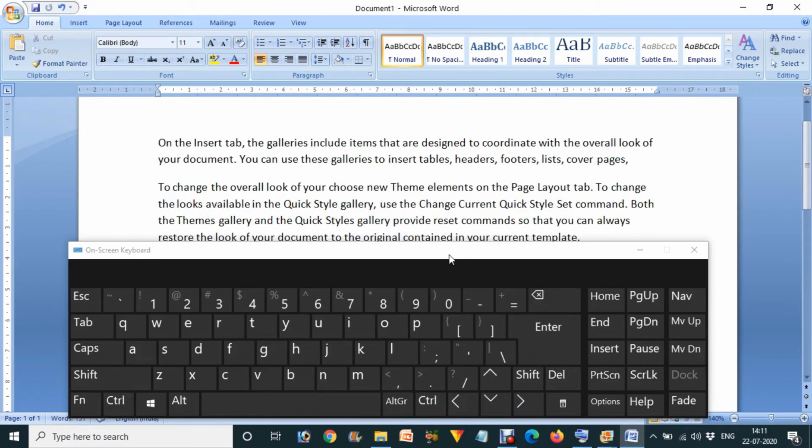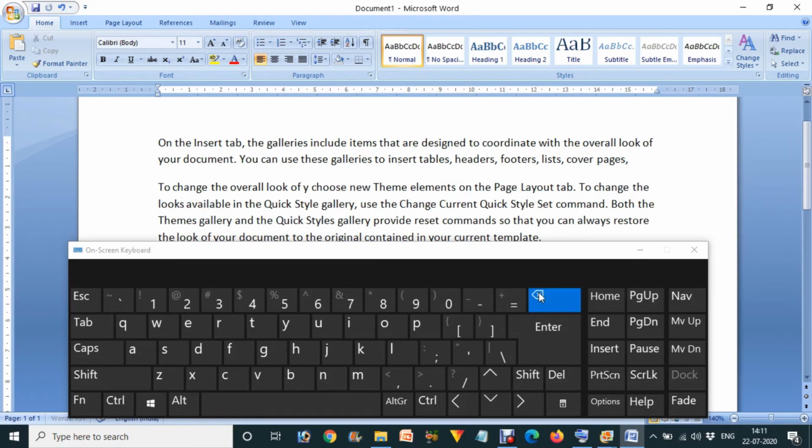You press the back key. Now what can we do in this condition? We don't have to press it again and again. You just have to press the Control button and use the arrow key.